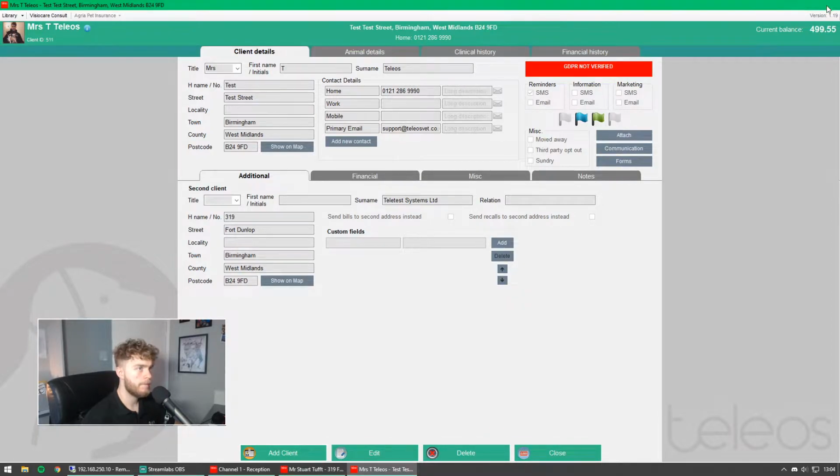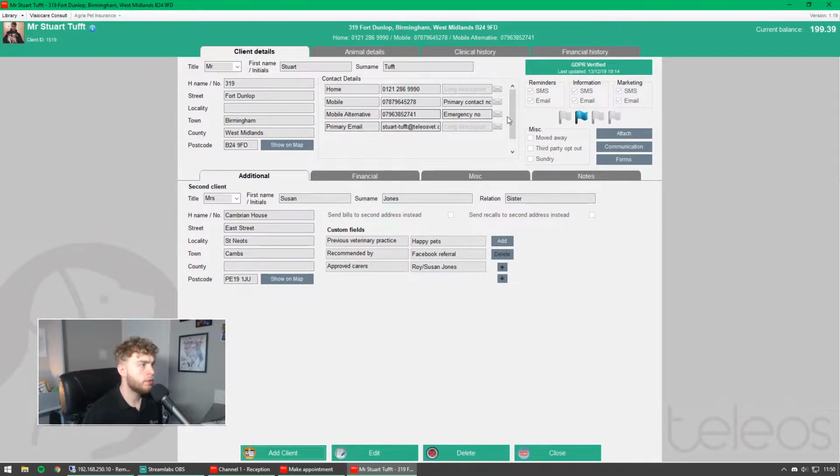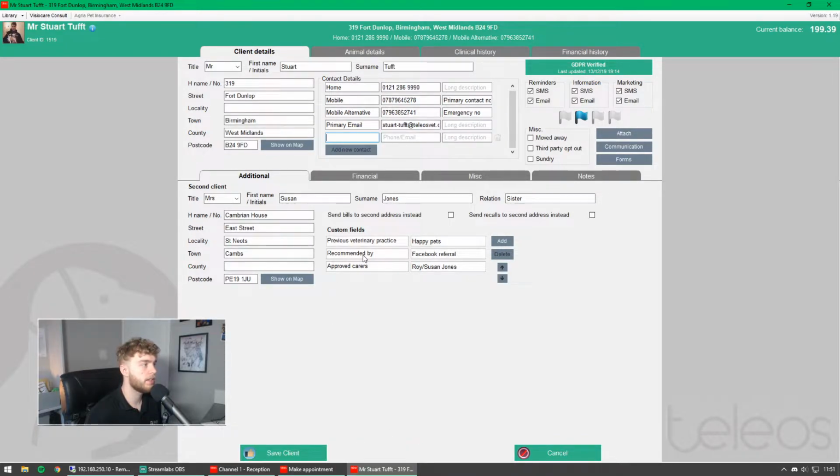Close that off. Okay, so here you'll see we've got a contact details part of the client card here, and this is of course a home number, a mobile number. You'll see we've got a mobile alternative and a primary email. So these are fields that you can set up to be exactly what you'd like. So maybe you want an emergency number. What we can do is we can add a new contact and just add that in. Bespoke